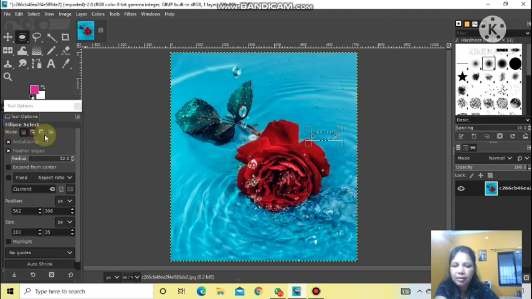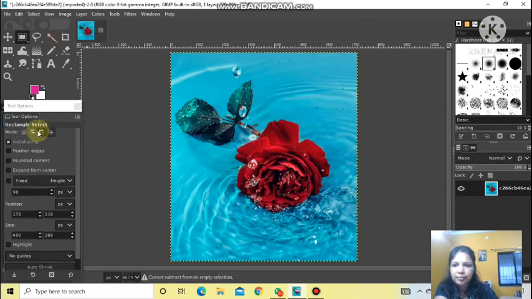Wait a minute, I think we have come back to normal select, that's why. With normal select, make one selection, again. Okay, done. Now click on the third one and make another selection. Suppose here I am making the new selection. Again it has gone back. Wait a minute, what is happening? Selection, then the third option, make another selection. Okay, now drag it there, suppose this way. So that part has been removed, subtracted from the previous selection, my current selection.